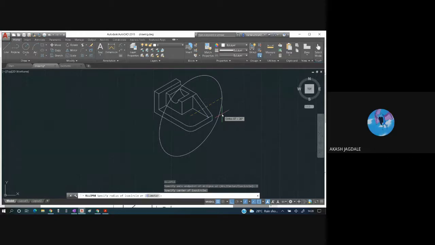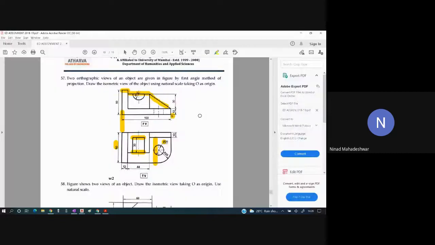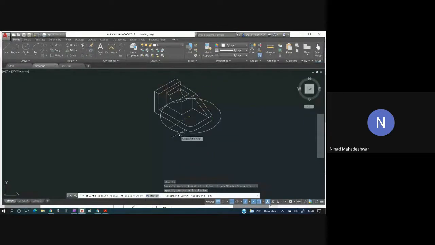No, sir. So press which key? F5. You will press F5 to change the plane. Do you want it on this plane? No, sir. Again I'll press F5. This is the plane on which you need it. How much is the radius which was given to you? The diameter is 20, the radius is 10. So I will put 10 over here and press enter. That is how I have drawn this.